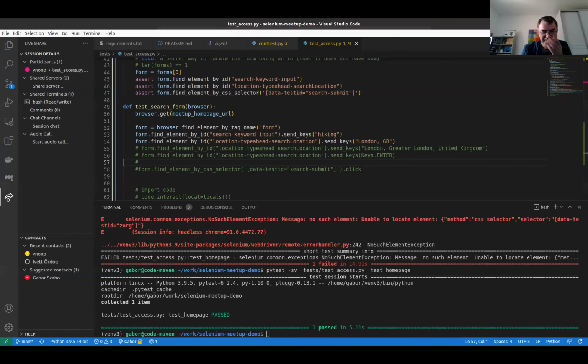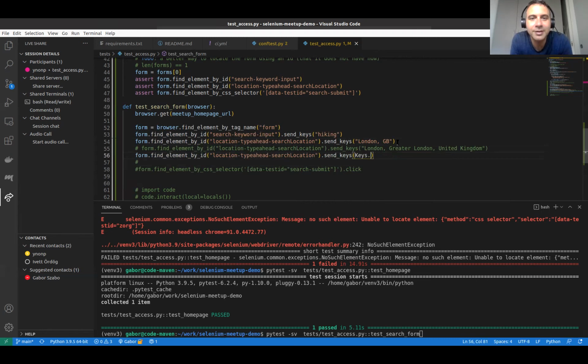Okay. So we have this, but now we have keys.enter. Test search form. Sorry, test search form. And look, you have keys.enter, you probably have keys.down arrow or something. Autocomplete, of course, because life.